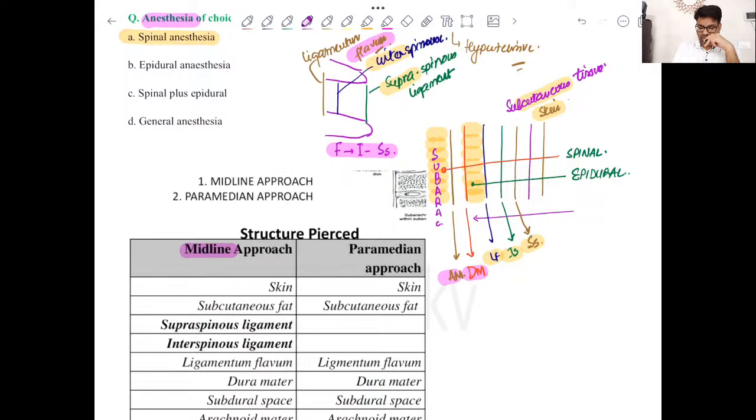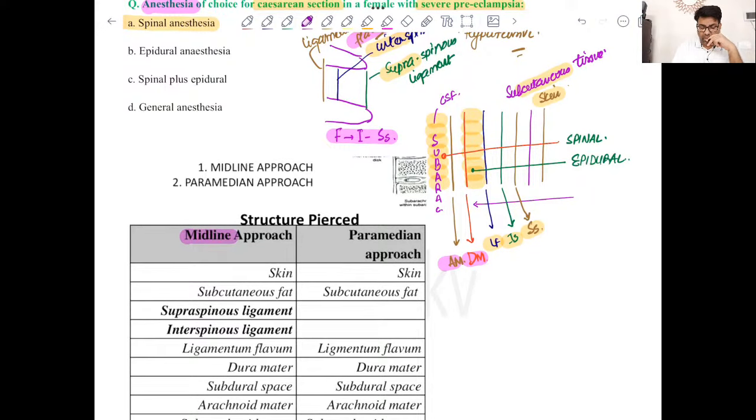So here we have all CSF, right? So this is one thing between the difference between the spinal anesthesia and the epidural anesthesia. Now, in other terms, if we take a few differences between spinal anesthesia and epidural anesthesia, one is of course the placement of the needle. So another is, if you say epidural,